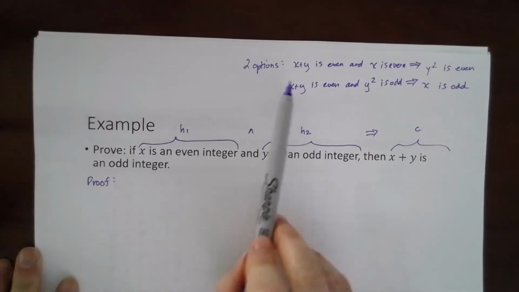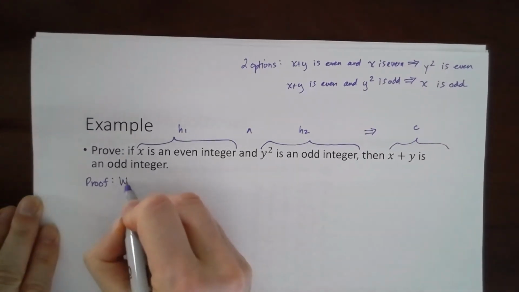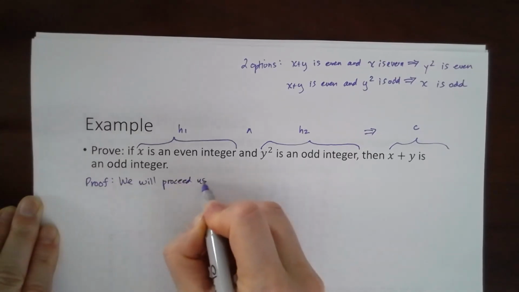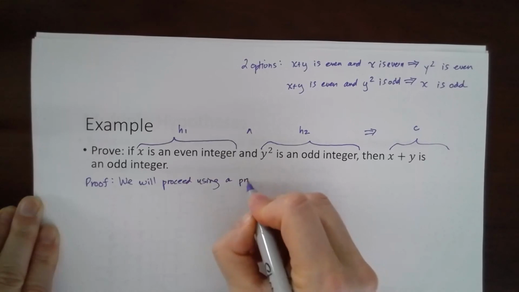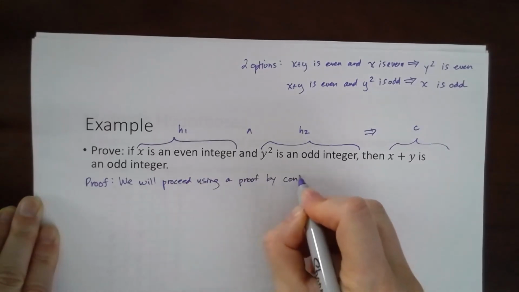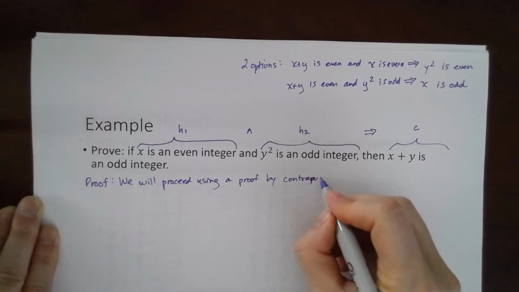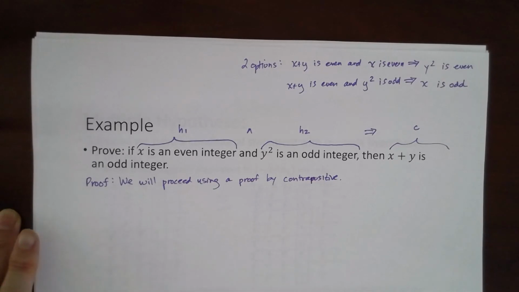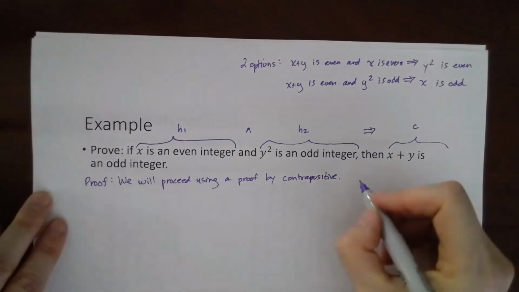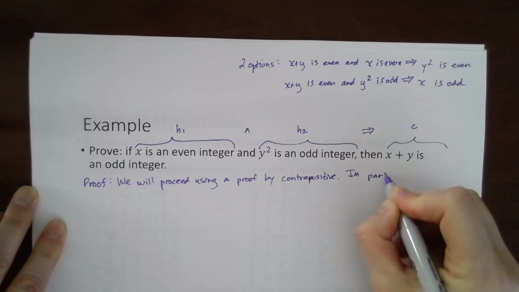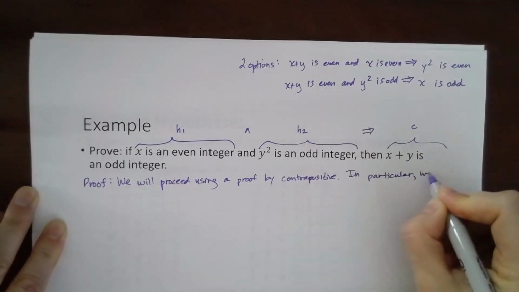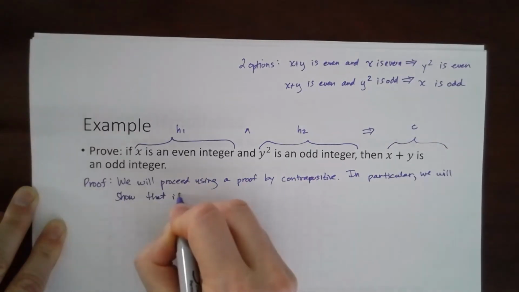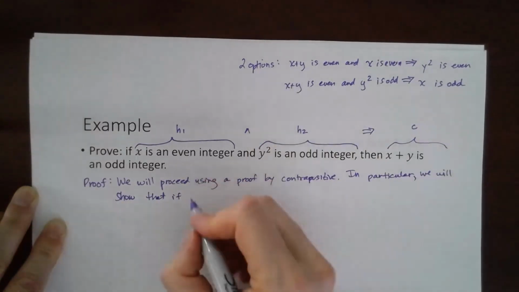Okay, so we're going to use a proof by contrapositive. So we will proceed using a proof by contrapositive. And this one you really need to tell the reader what you're doing. So in particular, we will show that if, and then we're going with option number 1,